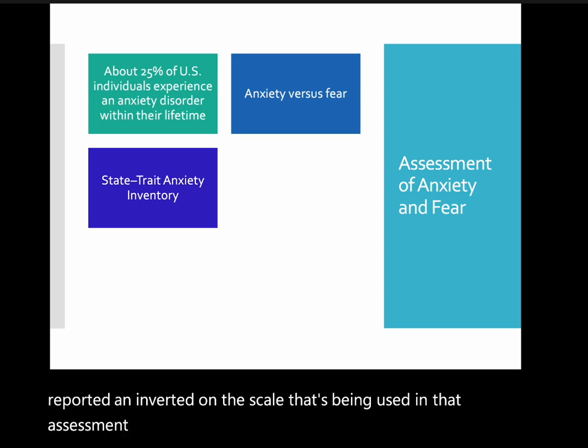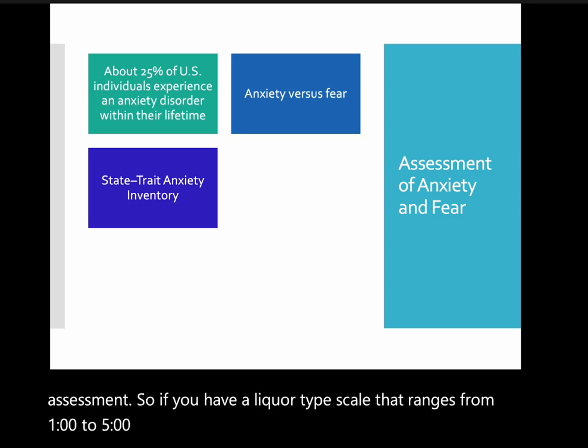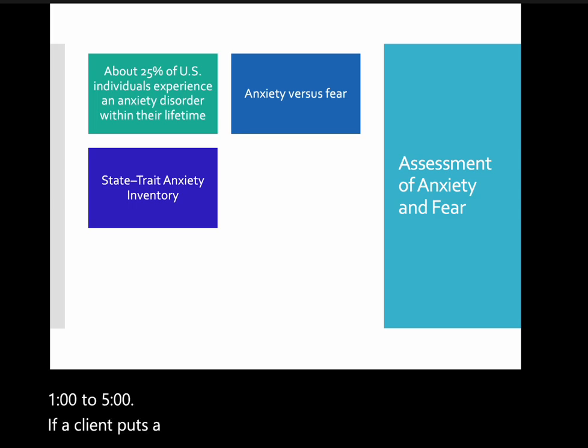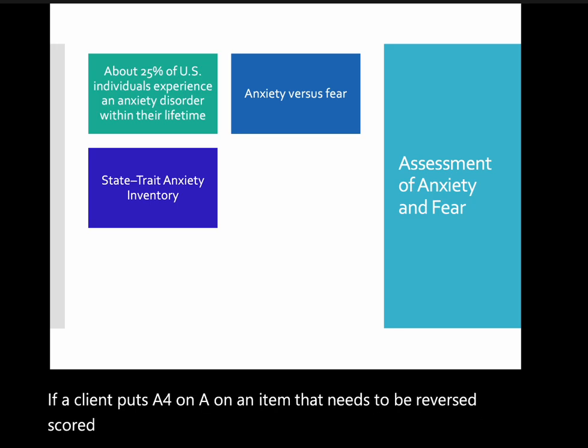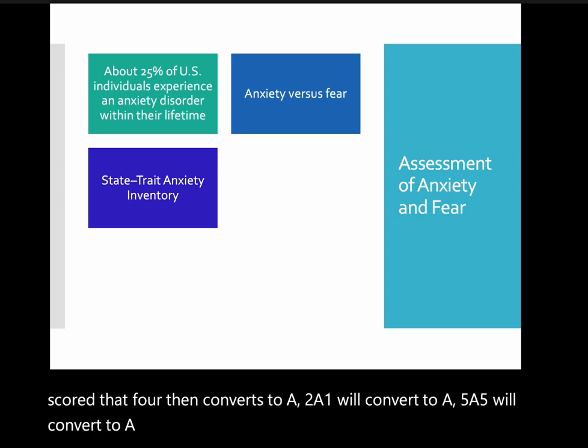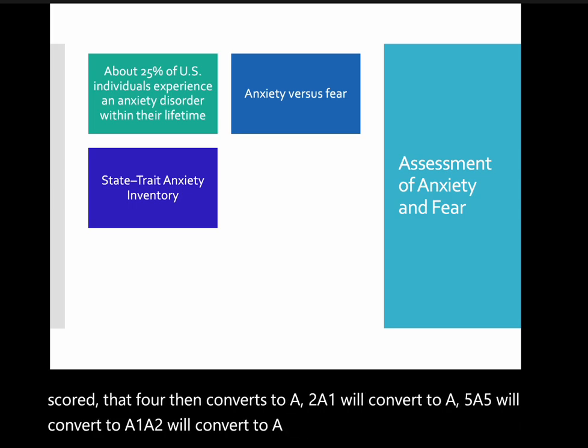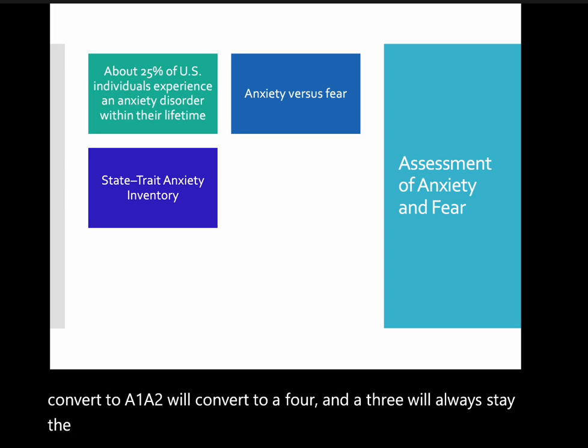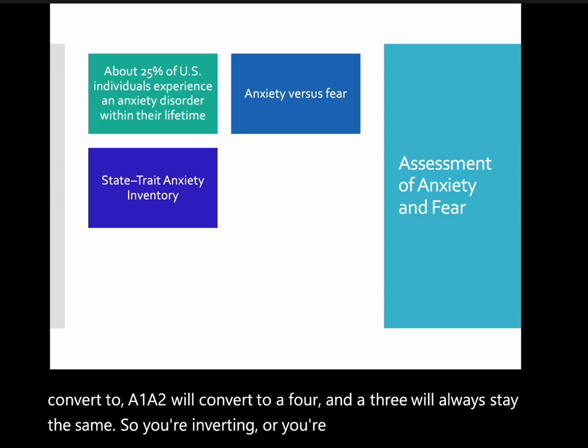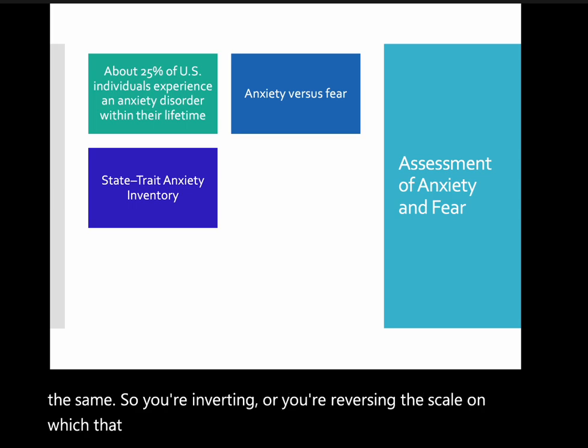So, if you have a Likert type scale that ranges 1 to 5, if a client puts a 4 on an item that needs to be reverse scored, that 4 then converts to a 2. A 1 will convert to a 5. A 5 will convert to a 1. A 2 will convert to a 4, and a 3 will always stay the same. So you're inverting or you're reversing the scale on which that item was initially reported in order to create the